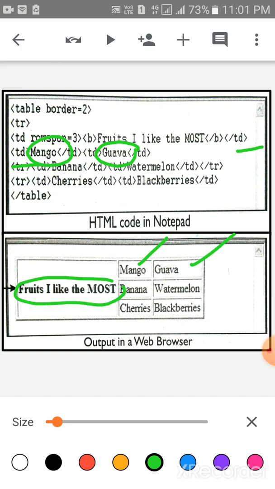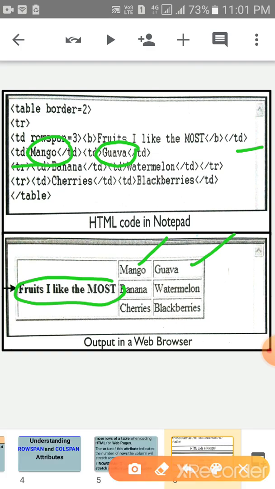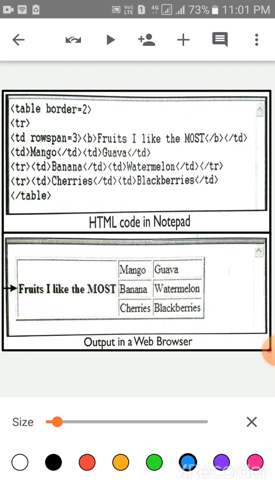Then, children, next is this tr. Again we have to enter the data: td banana, closing tag of td, then again opening tag of td and enter watermelon and closing tag of td, and lastly closing the row. This is the second row.